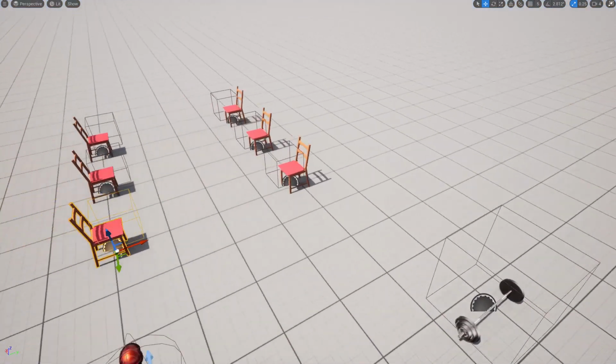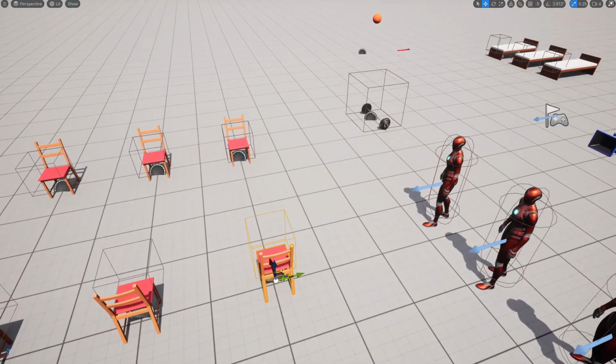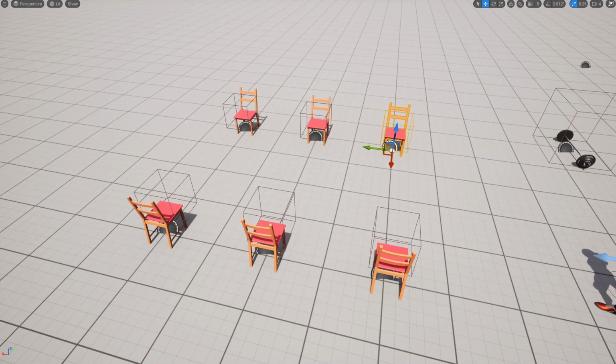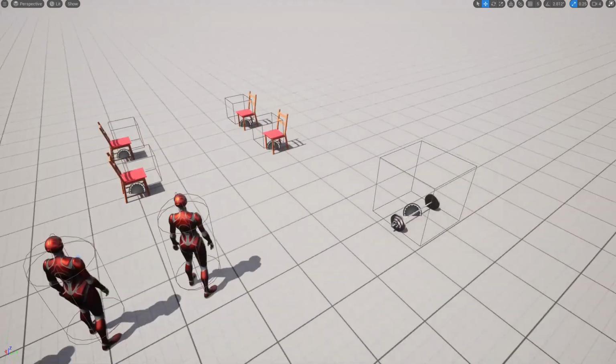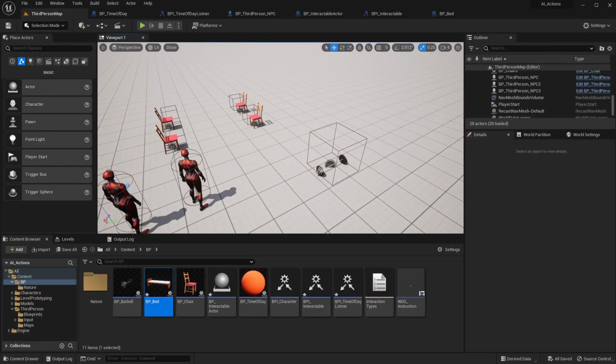To increase the chance of doing the work, I'll reduce the number of chairs. That's not really relevant. Okay, now to implement time sensitiveness,